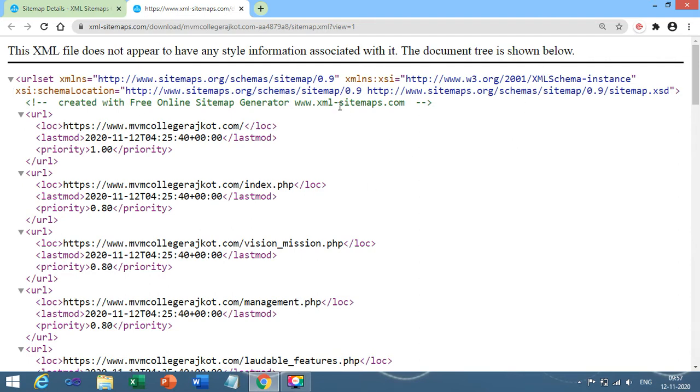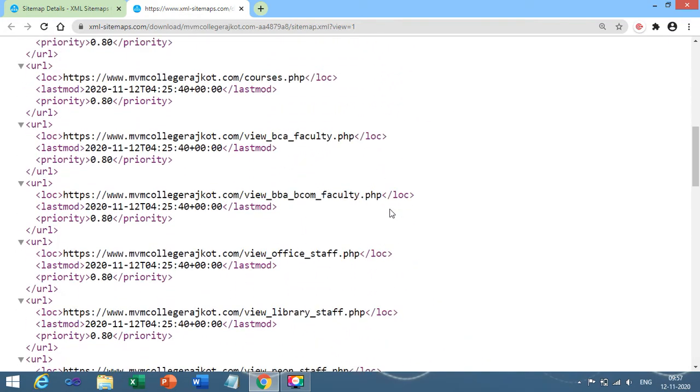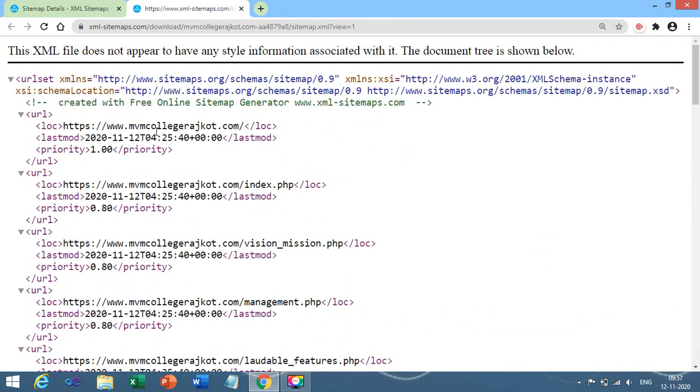See, XML sitemap means extensible markup language, so naturally the file is in the form of XML only. Over here lots of links have been given. Now when we studied the theory portion of XML sitemap, I told you that each and every XML file contains a URL set, which is the location of your sitemap, or a URL regarding your sitemap.